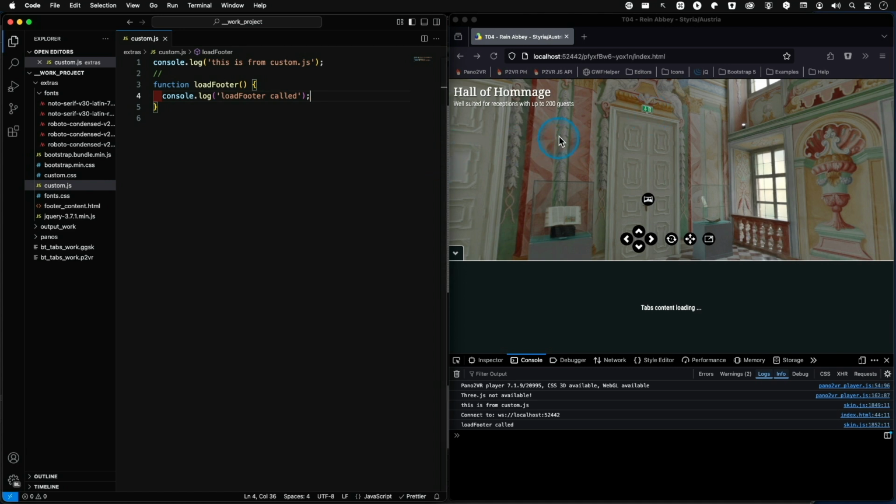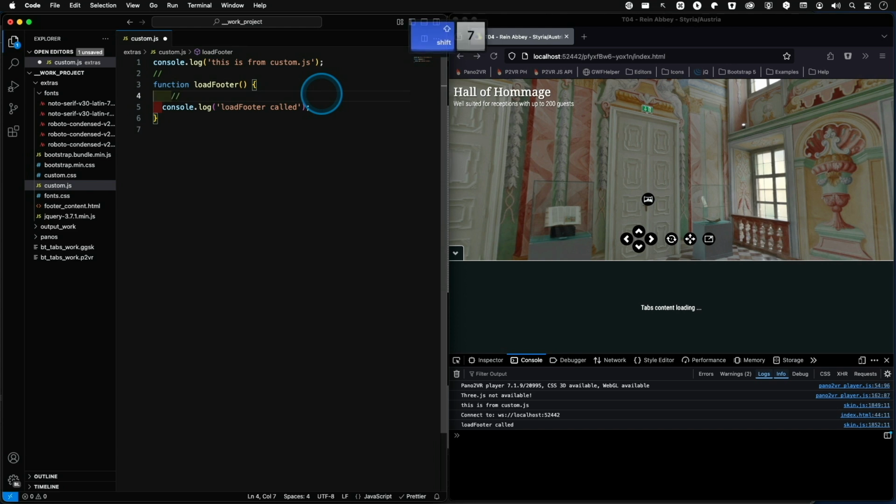As the browser already has reloaded, we already have a load footer called event. So this function is called by the skin, and usually I make a short note here from where this function is called inside of the skin to keep things on track and know what I am doing and where all these calls are coming from. If you have larger projects, this is mandatory to make some self-documentation inside of your script. So called from code block